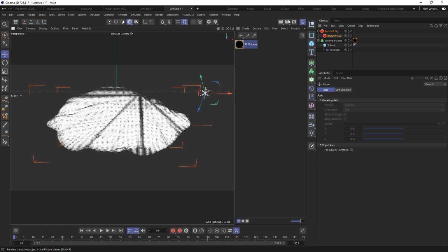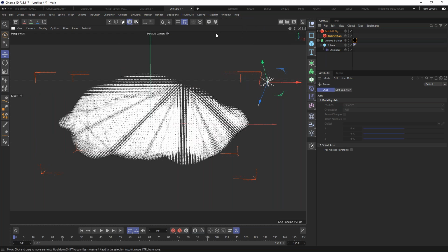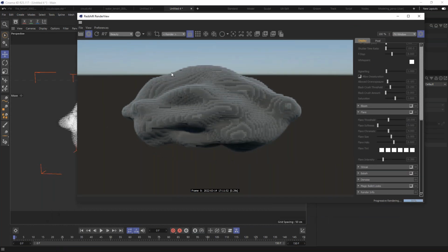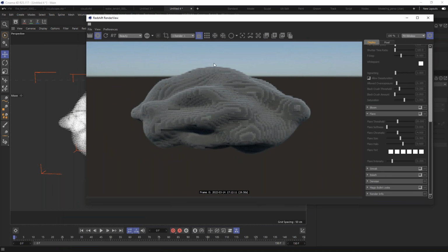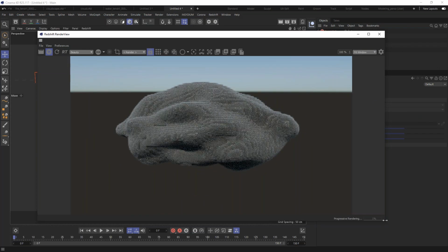Okay, so now I have that. I can just go to the Redshift render view and fire the render. And it's going to look like this. It's just very ugly because we just started, but you can see the idea. Those are the voxels, and we can very easily see them because they are all small cubes, small boxes. Okay, so the first thing to do is to